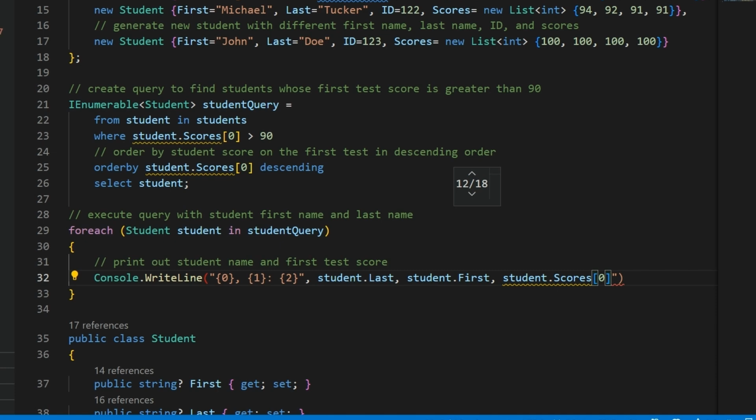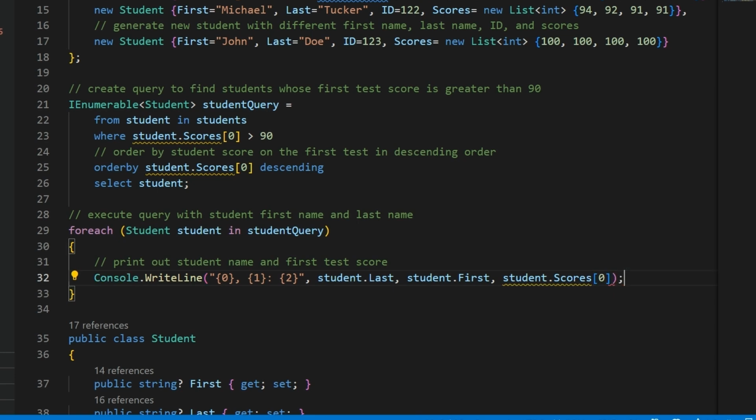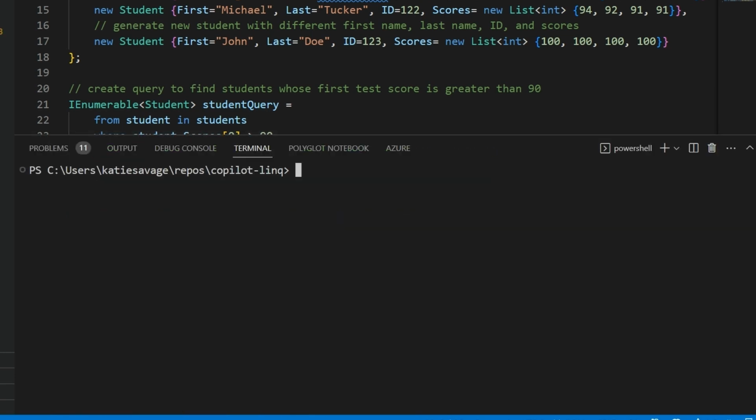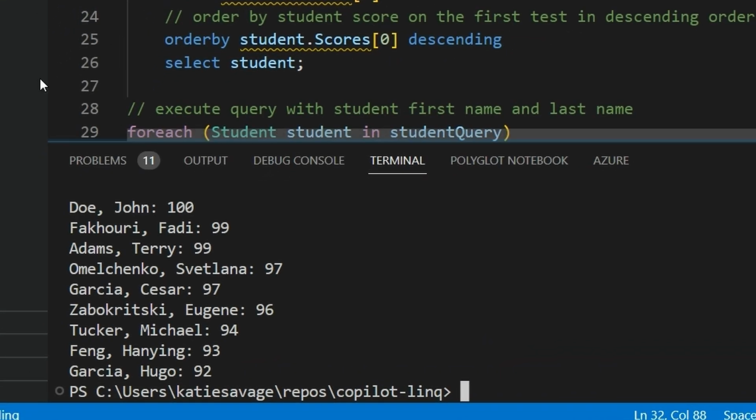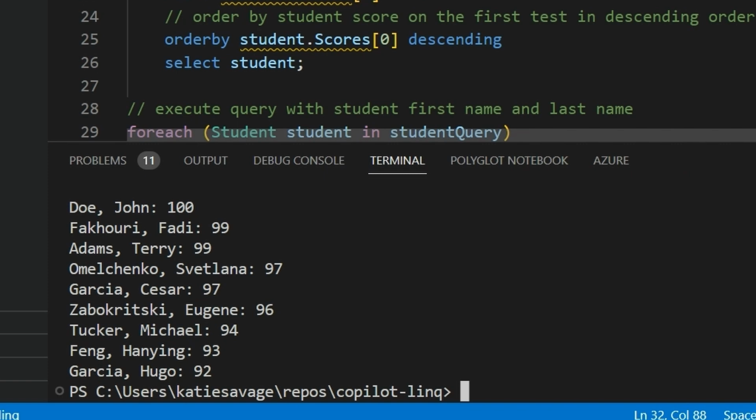it looks like it added some parts that I'm not looking for. I'm going to remove those and then hit tab. Now let's see what this looks like when we run it. Awesome. As you can see here, Copilot put it in the order I was looking for, from highest to lowest score. This is a cool example of how you can use Copilot in your C# code to query data with